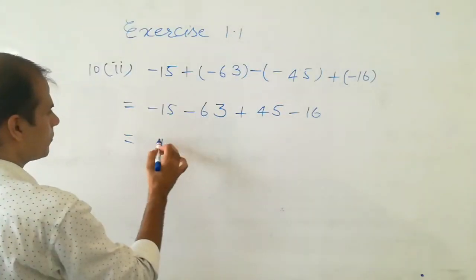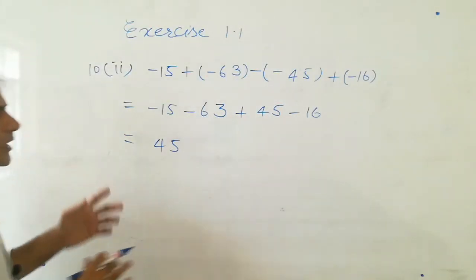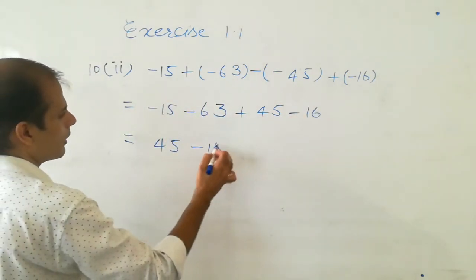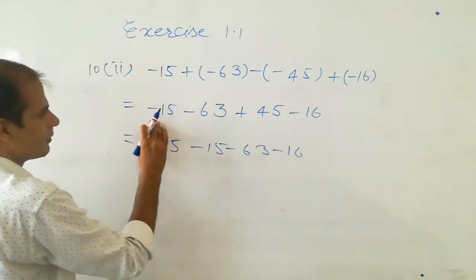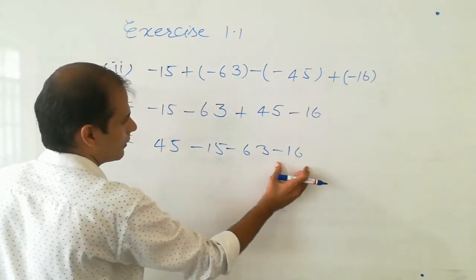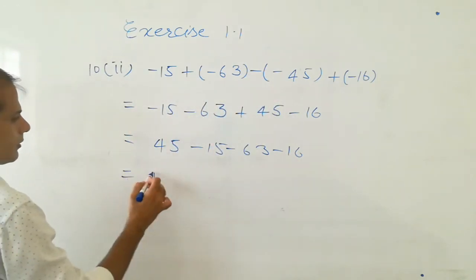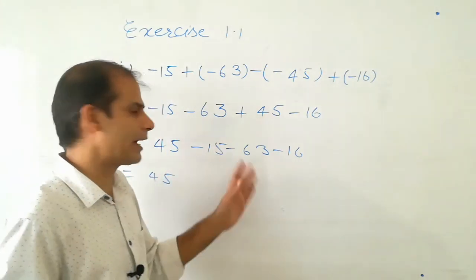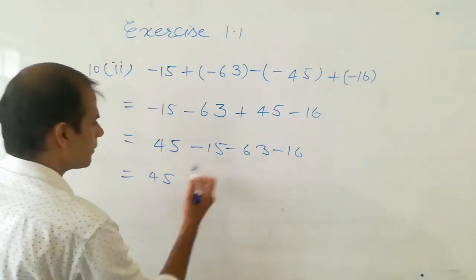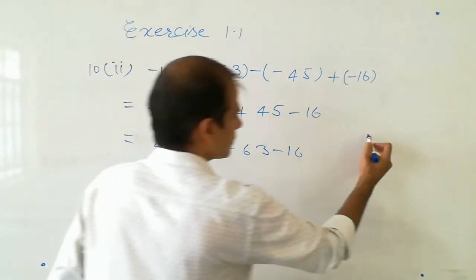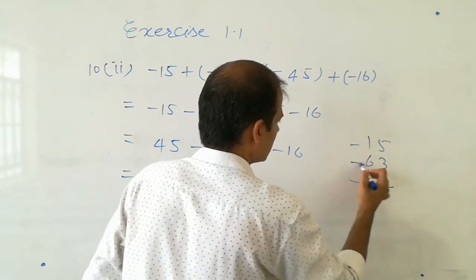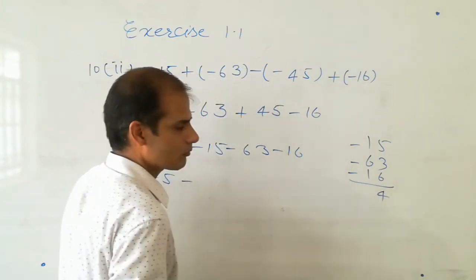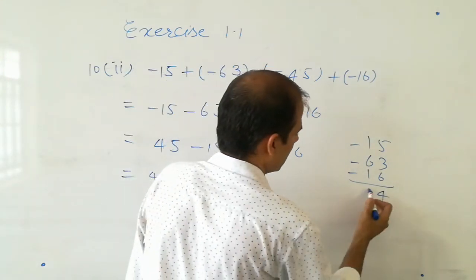So we will write the positive value. This is the positive value. Now how many negative values are there? 1, 2 and 3. So write all of them together. Minus 15, minus 63 and minus 16. Okay, this positive value we will take separately. Again I told you that if all the values are negative, you will add them and put the minus sign. So the answer will be negative. And what is the sum of these? So for your simplicity I tell you, all the quantities are negative. Now add them. 5 plus 3 is 8, plus 6 is 14, 1 carry and it is minus 94.